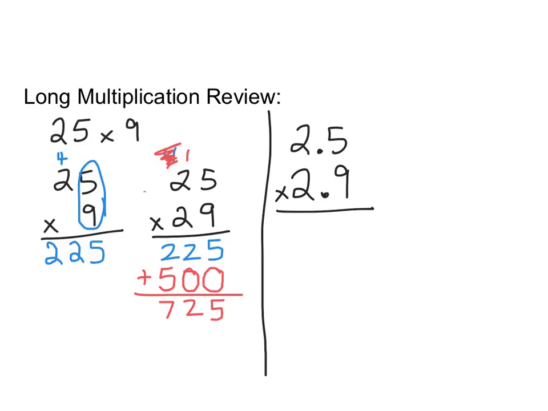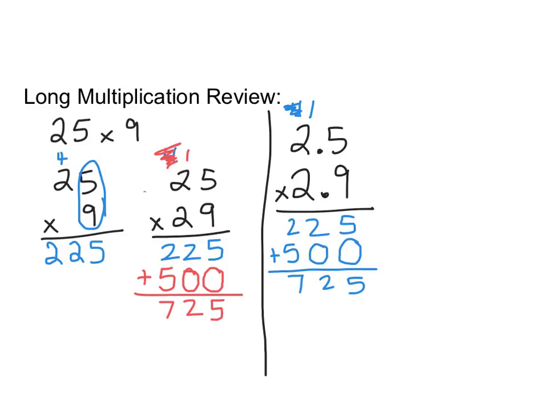So we're going to do the 9 times the 5. That still gives me 45. The 9 times the 2, that gives me 18 plus 2 is 22. I put in my placeholder 0. And then 2 times 5 is 10. So 10 is 1, 0, so another 0 down. But now I have a 1 up top. 2 times 2 is 4, plus 1 is 5. I add them together, and now I have